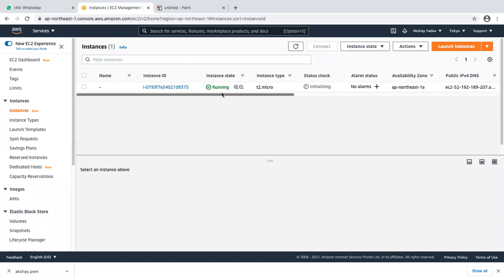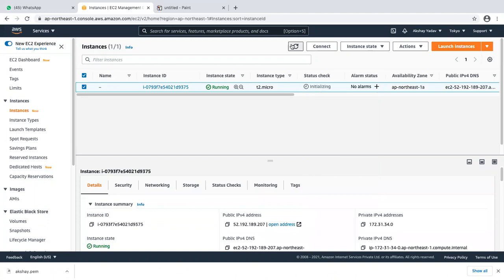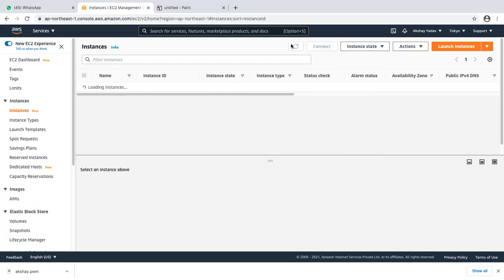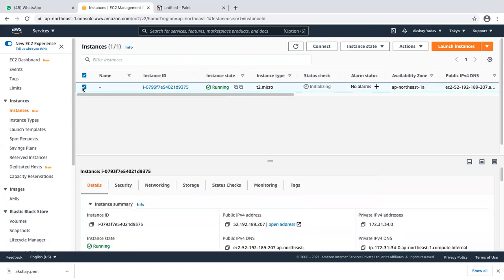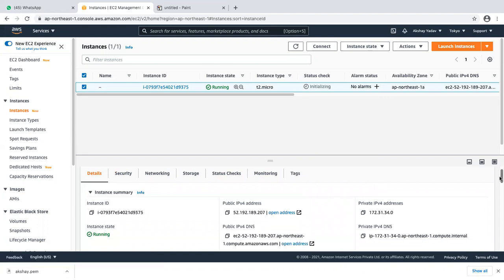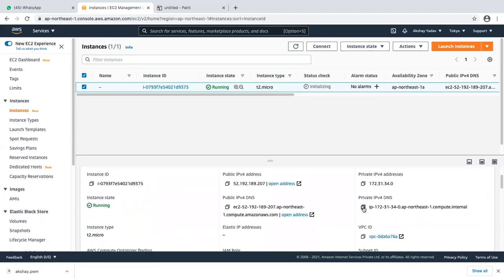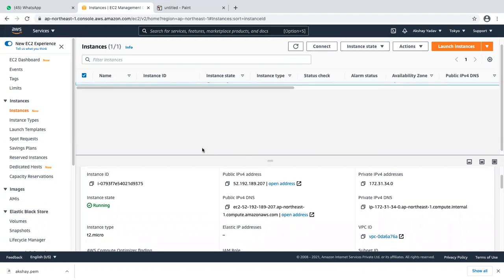So now it is in running state and let's confirm the status check. Wait for the status check. So let's connect once with that secure. I'm going to connect with this IP. Okay, so let's open my